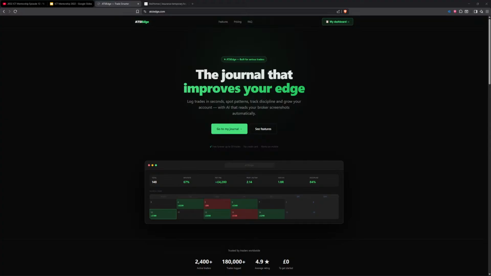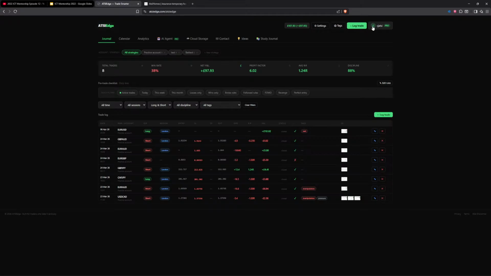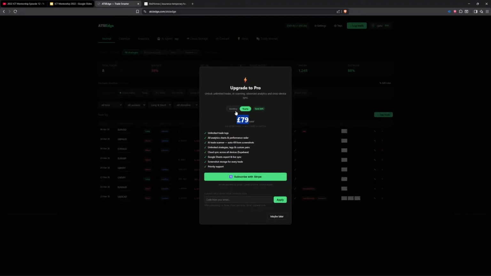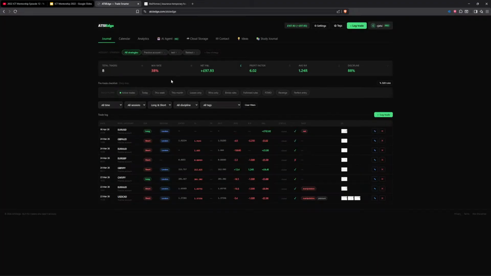So, you know how we start the streams these days? Website at the edge. This is used if you are a trader. You are able to have your dashboard when you sign up and create an account, and you can then purchase a pro account here, a subscription, or you can purchase it for a yearly. What it gives you is unlimited trades. Free option gives you 50, I believe. What it has is a journal as normal with some analytics here for you on the homepage.